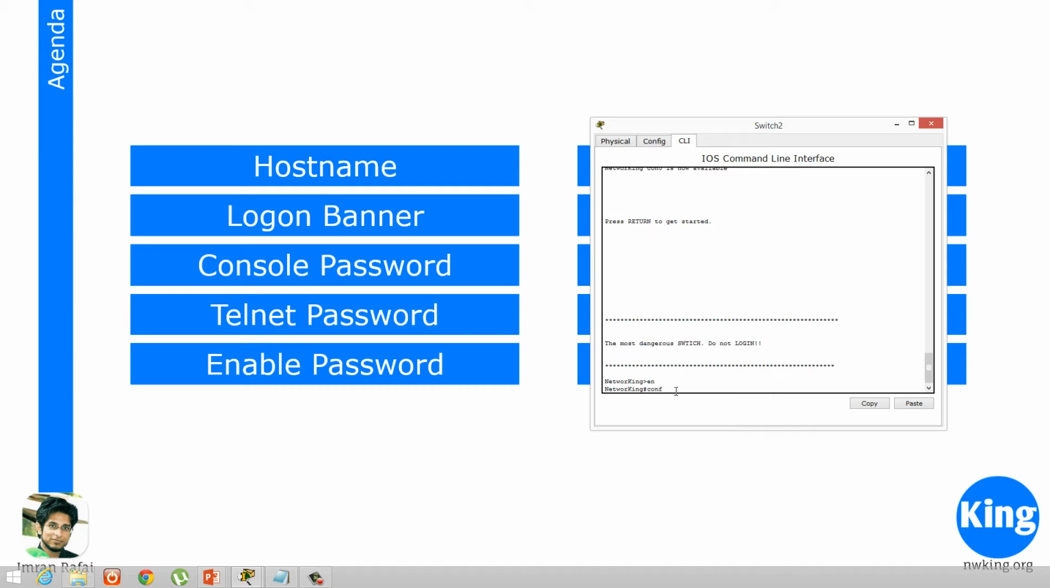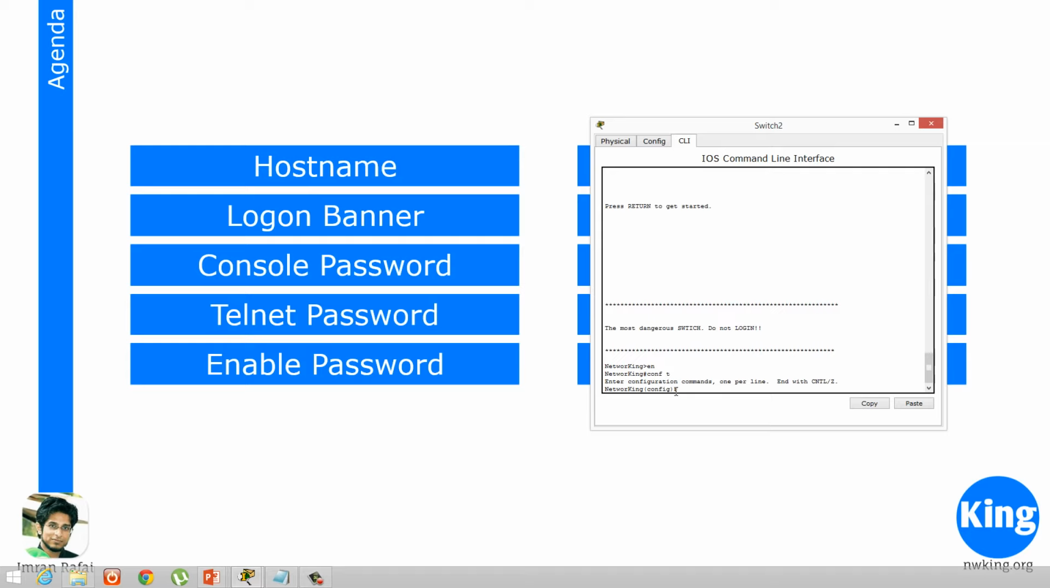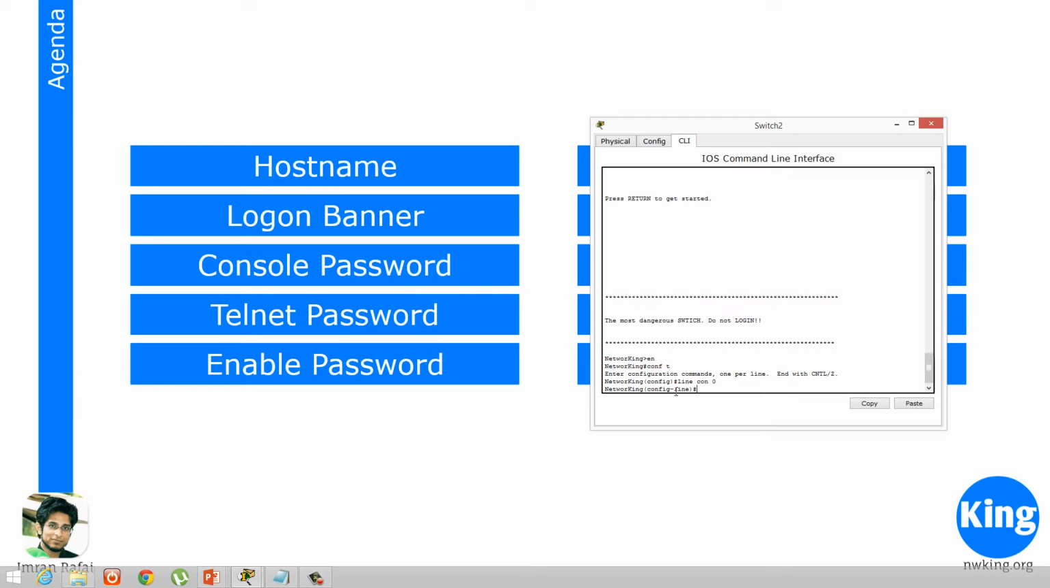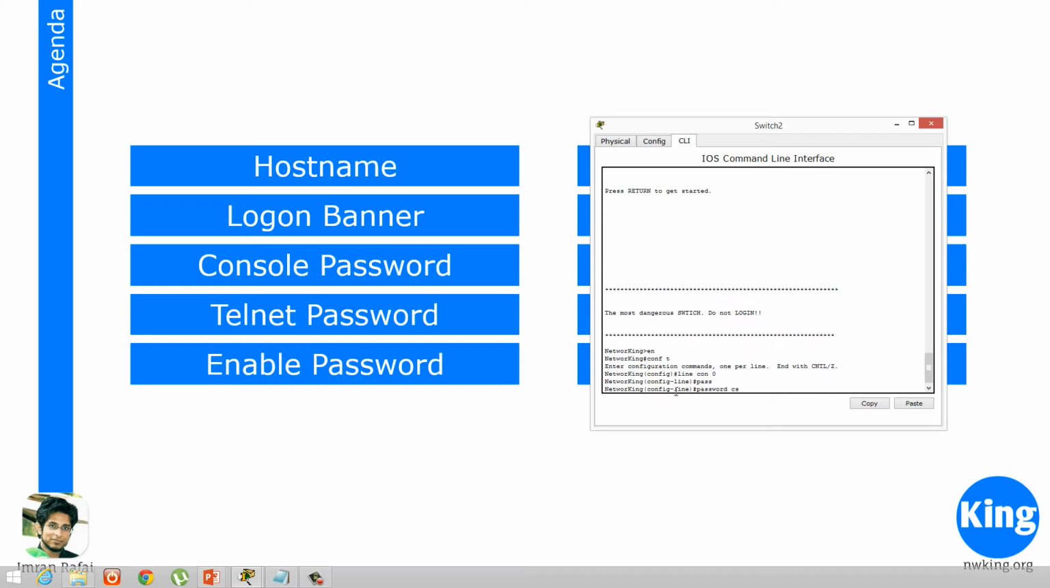So hit enter, conf t, right? Then we'll go into line console 0, right? There is only one console, so that is why we do console 0, because everything in a Cisco device starts with 0. The first is always 0 and then it goes on. So we have only one console, so it is line console, right? Here we say password Cisco,